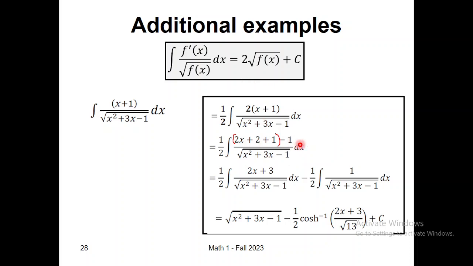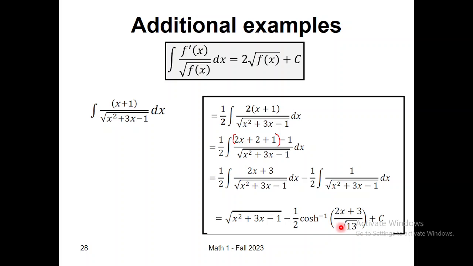So we divide into two integrations. The first one is solved. It is this root multiplied by 2. And how to deal with this? It is 1 over this root. Very simple. It is x squared plus some constant, but you have an extra x. Extra x means you have to do completing the square. So if you complete the square of this expression and apply the formulas of the inverse hyperbolic function, you get